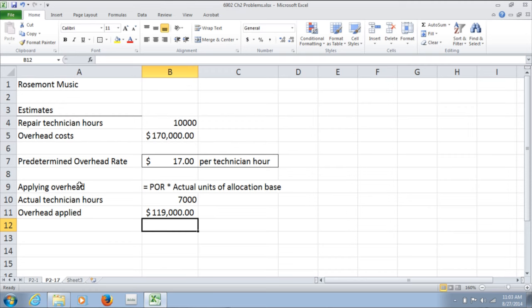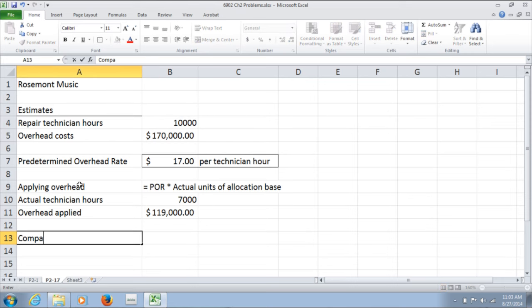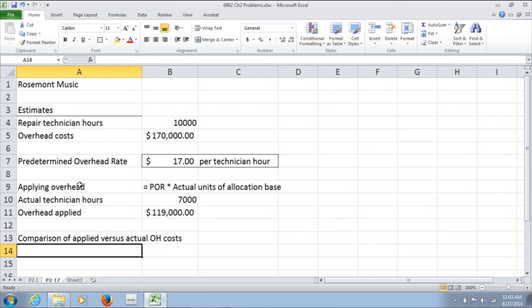Since we had 3,000 fewer technician hours, the overhead applied was decreased appropriately. Well, when we compare applied overhead versus actual overhead costs,